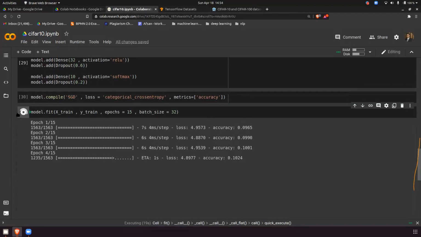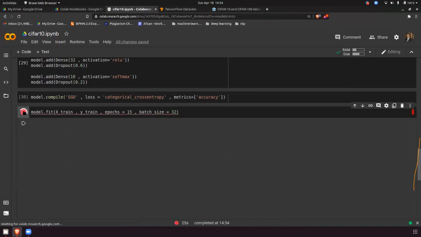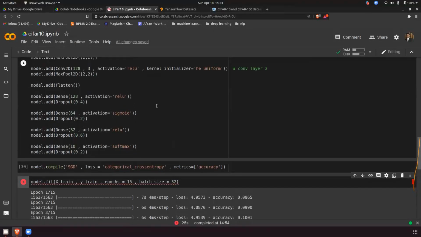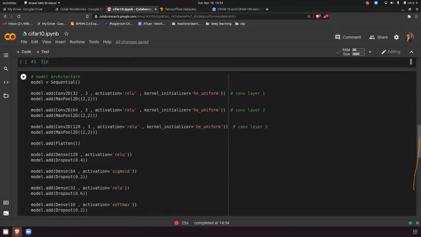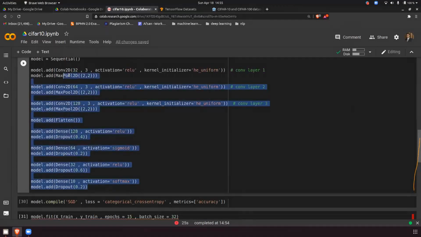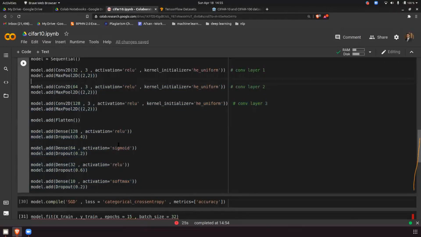Okay, so let me stop this. Now we have to play with the values to get better accuracy. So everyone, on your own laptop, just try to change the values and let's see for which particular person we get the best accuracy. I'm also changing here. You also change on your respective laptops.